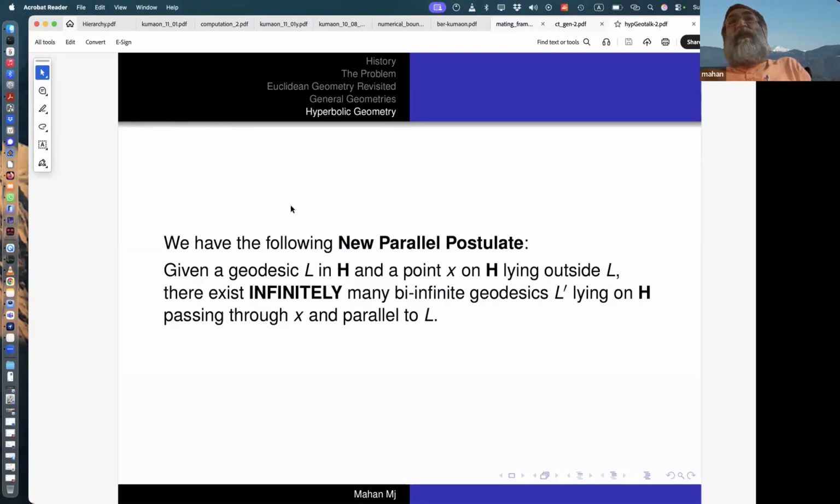Restrict the metric dx square plus dy square minus dz square to one of these sheets, to the hyperboloid. So it's not related to the hyperbola, it's related to the hyperboloid. And when you restrict this metric, it's called a Lorentz metric. So when you restrict the Lorentz metric to the unit sphere in this hyperbolic metric, namely the hyperboloid, what you get is a different model for hyperbolic geometry, and the metric on that sphere turns out to be isometric to the metric we described on the Poincare half plane. That's the connection to hyperboloids.